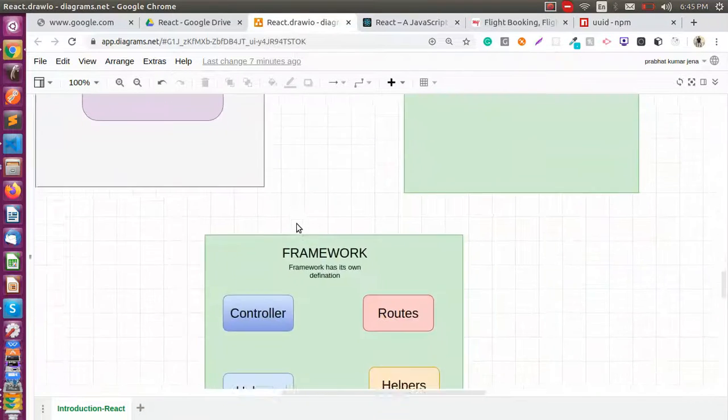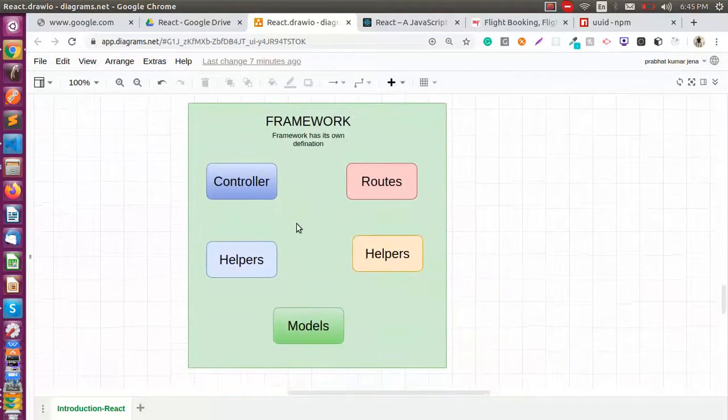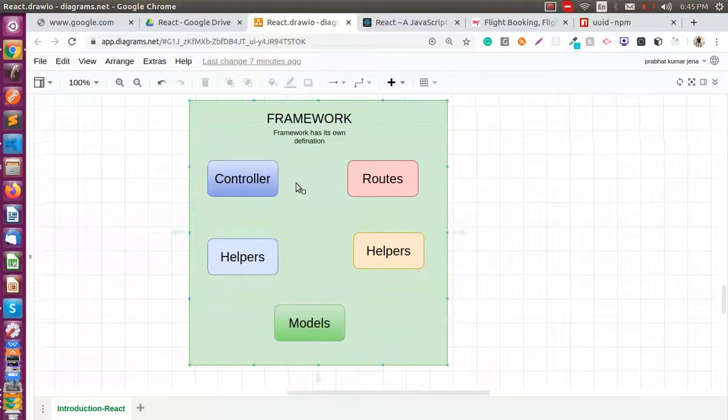But in the case of a framework, the framework is in control. A framework is suggestive. In the framework documentation, there are huge guidelines on where and how to write the code in order to execute our functions or tasks. For example, if we are making APIs in Symfony, they have their own structure.